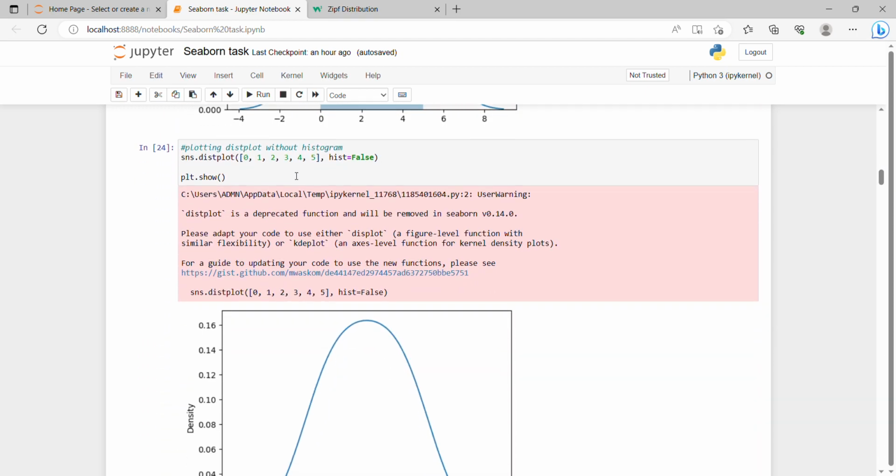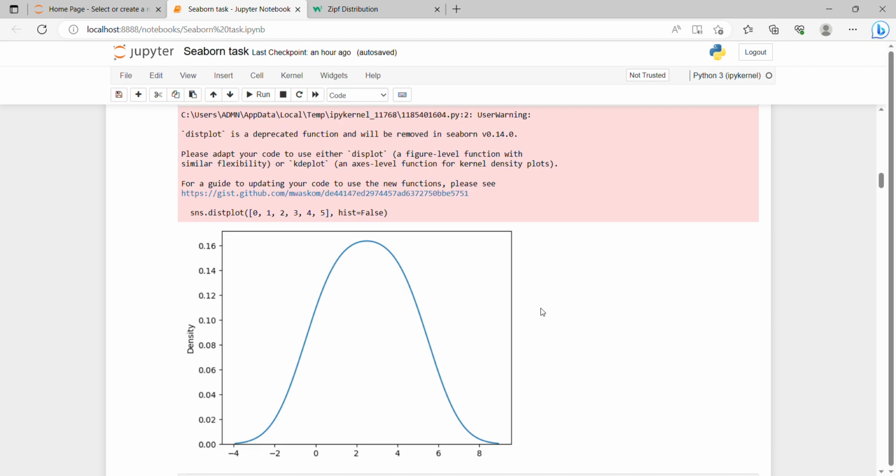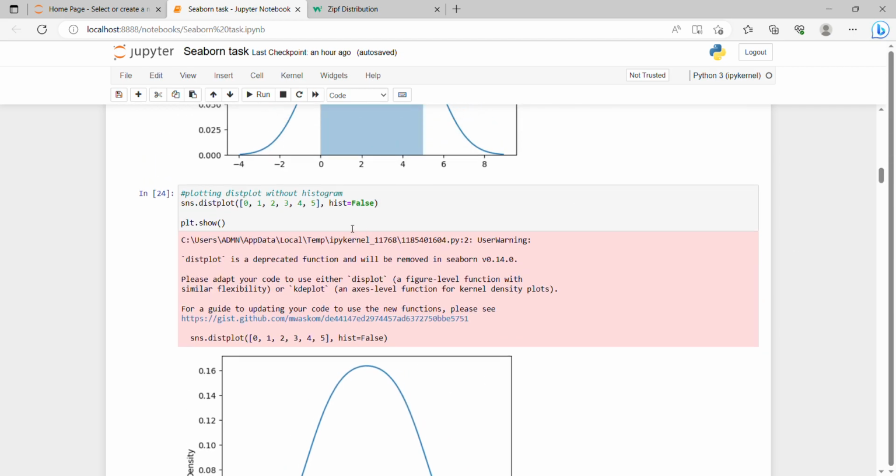Now I'm going to print a graph which is without the histogram. That is, I'm going to use a code here which is hist equal to False. So when the histogram is False, it doesn't use the histogram here. And I'm going to just plot.show. And next is